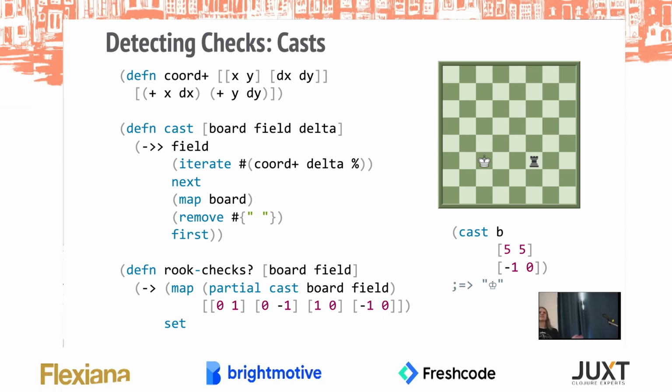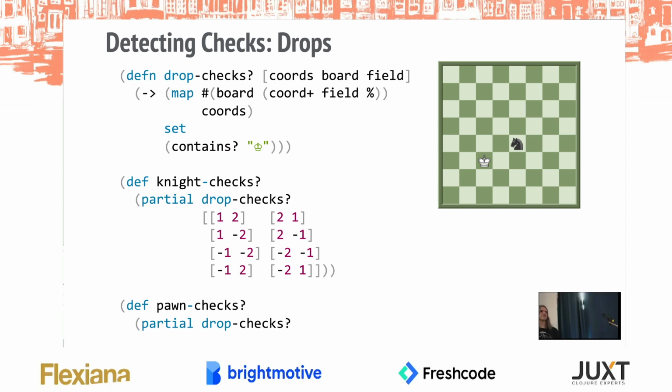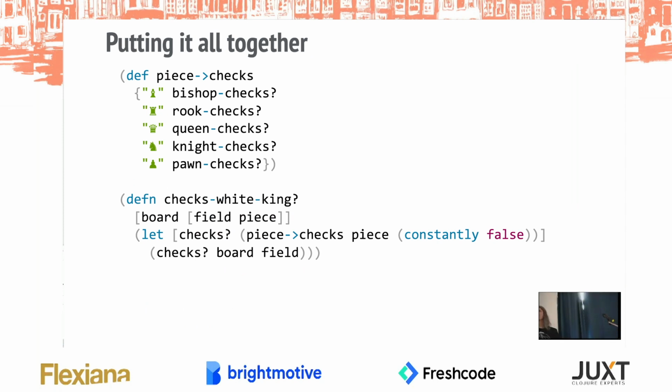And the queen and the bishop move in the same way, or similar way. Now drops are simpler. With drops, you just add the delta once to the coordinates you've started from. Okay, let me go faster and see if you've got a king there. So that's